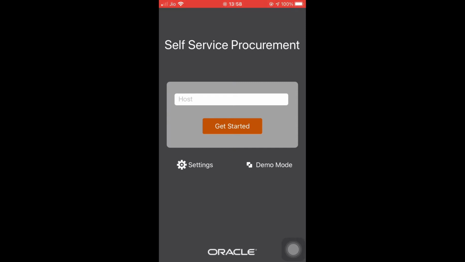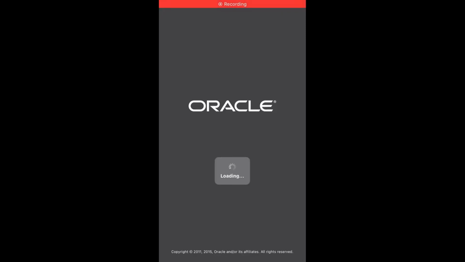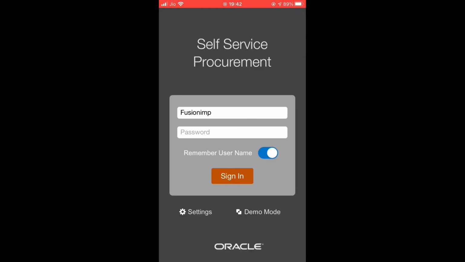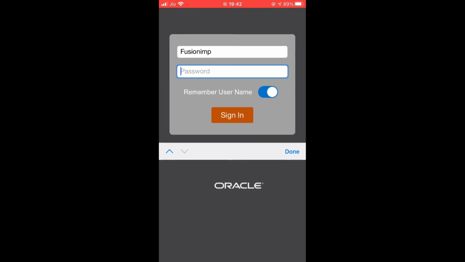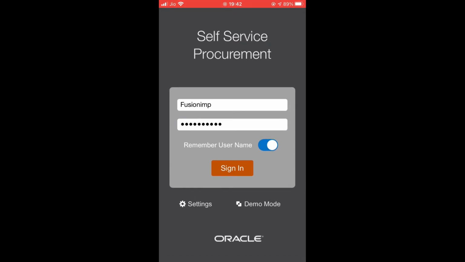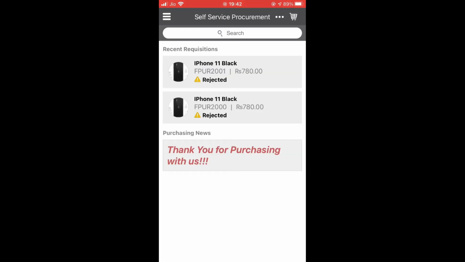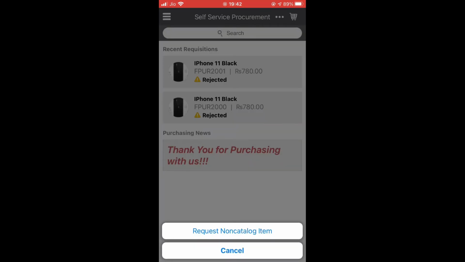Once you click on get started, it will prompt for the user ID and password. Type your user ID and password, and click on sign in. Once you sign in, you can see the landing page where you can see all your requisitions, the actions, as well as the purchasing news.